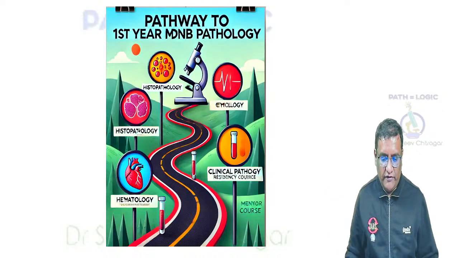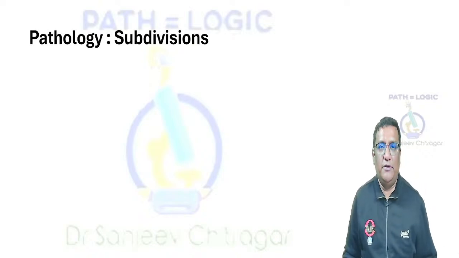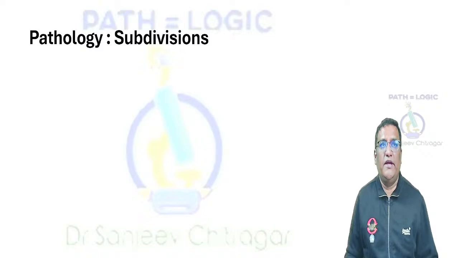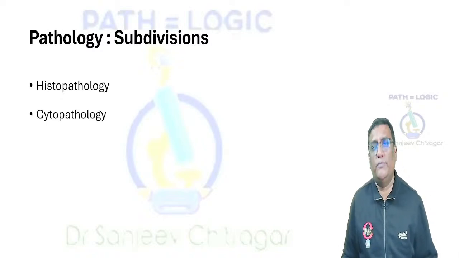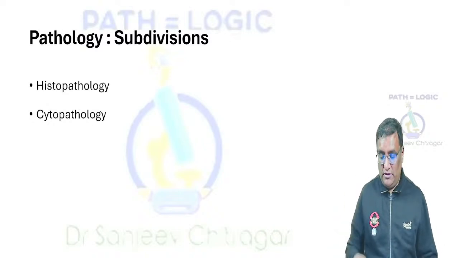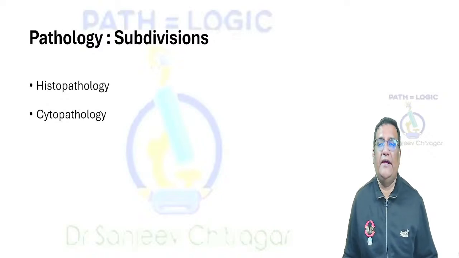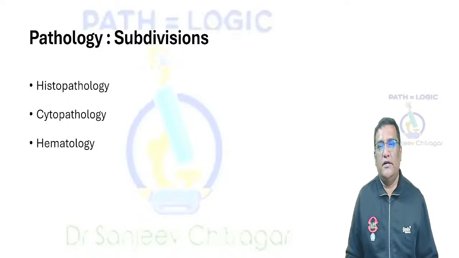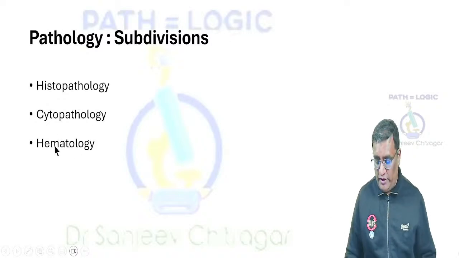So let me start with the first slide: subdivisions of pathology. What are the subdivisions of pathology? One, histopathology. This is one of the very challenging subdivisions of pathology. Then we have cytopathology. If you understand histopath well, then cytopath will be easier because both of them are very intricately related. And then we have a different subject called hematology, wherein you're going to have